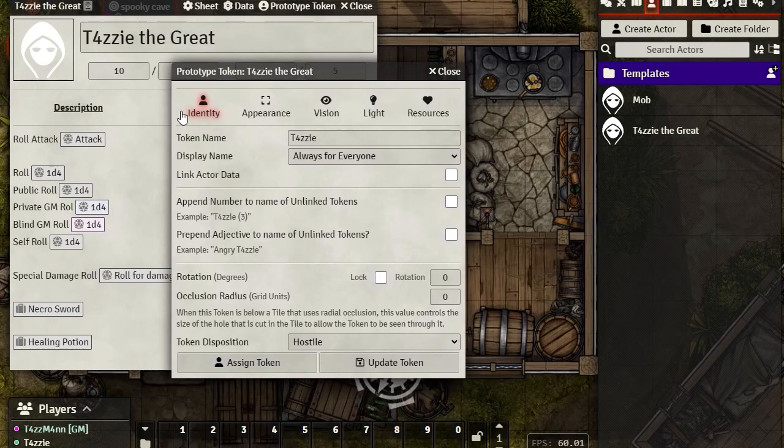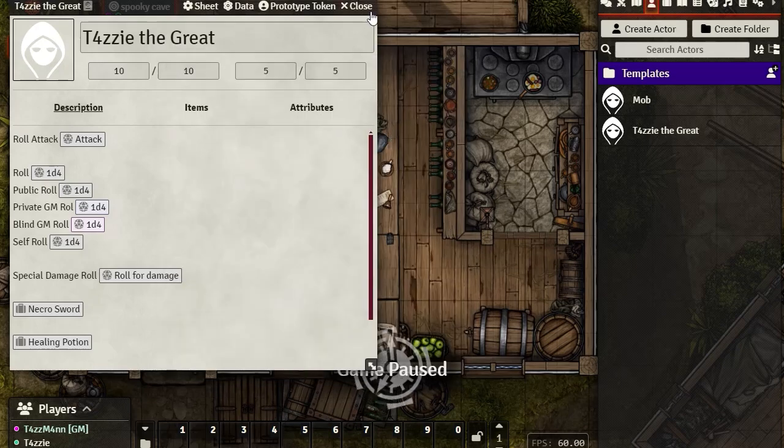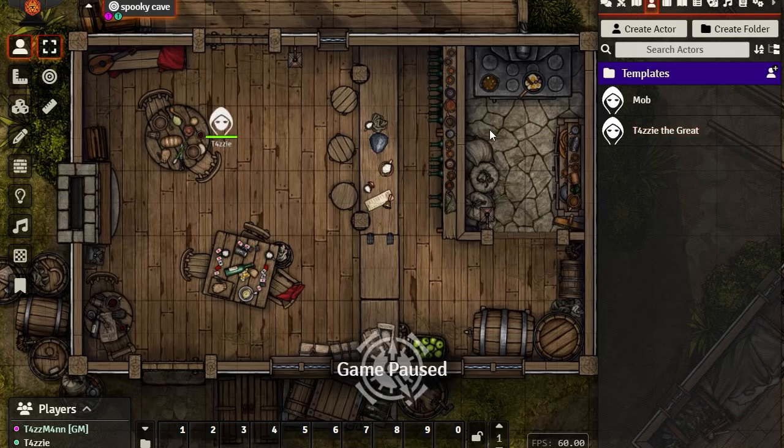So what we want to do is say link actor data, and what this will do is link the prototype token that we set up in here directly to this character sheet, which means that if the token takes damage, it's recorded in the character sheet here, and if I drag out another token, we'll see that it takes the damage as well. So I'm going to click update token real quick. We're going to drag out 2 Tazzies again,